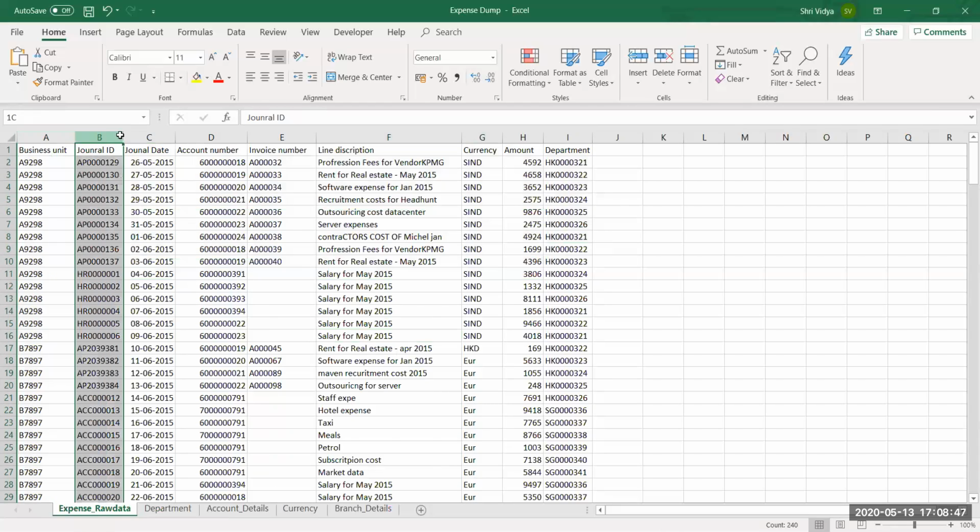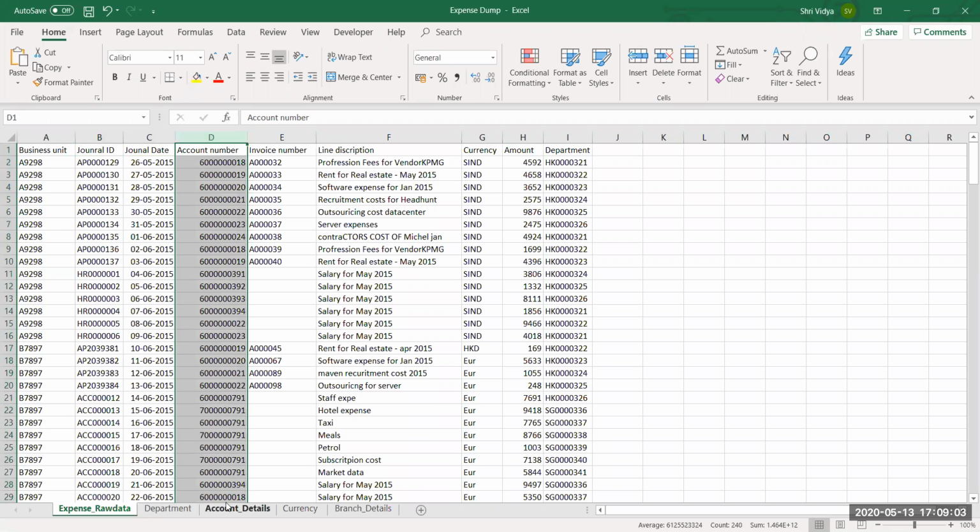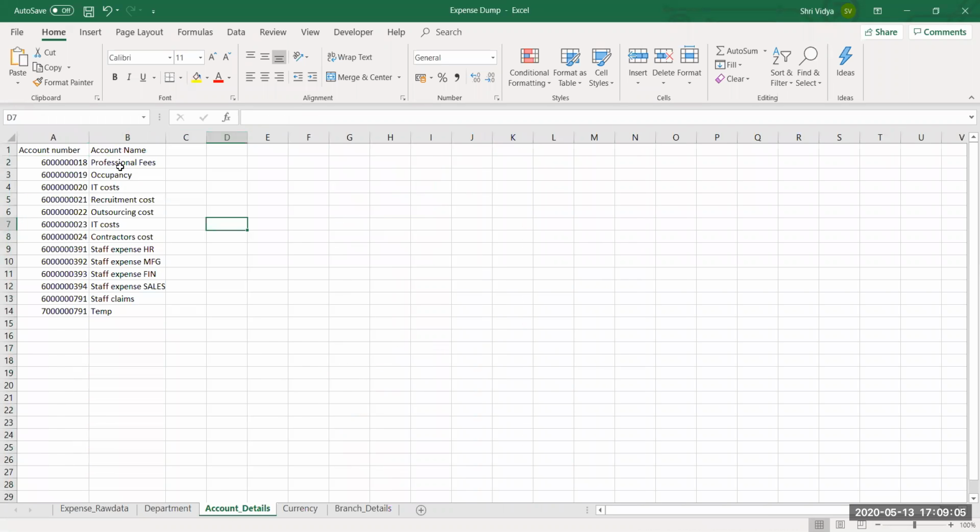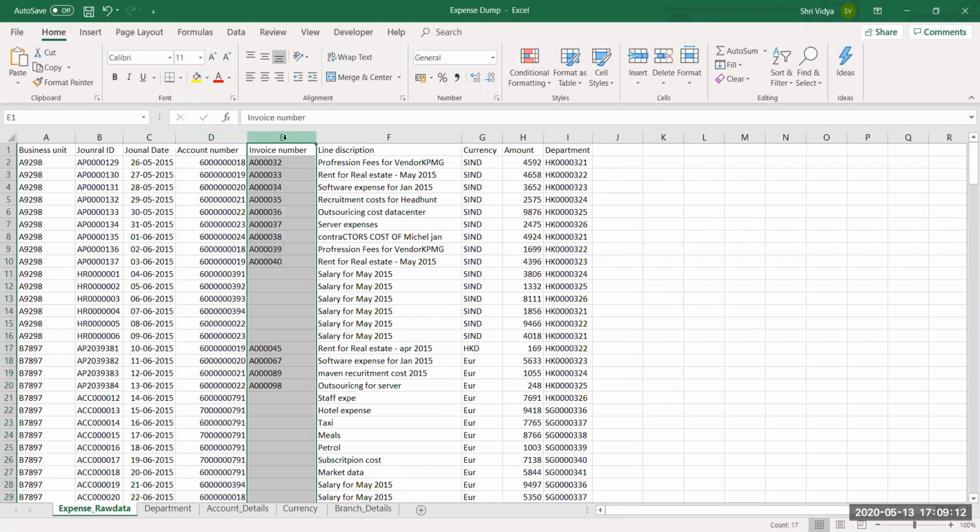Journal ID and journal date is the entry number. This ID is a unique number for the record that they have entered here, and the date on which they entered it. Account number: these numbers identify to which account the expenditure has been claimed. And if there are any invoice numbers against this record, they will be recorded. If not, it will not be recorded.